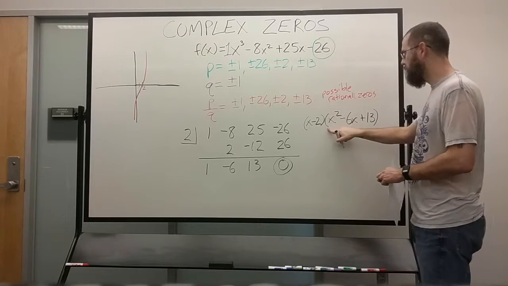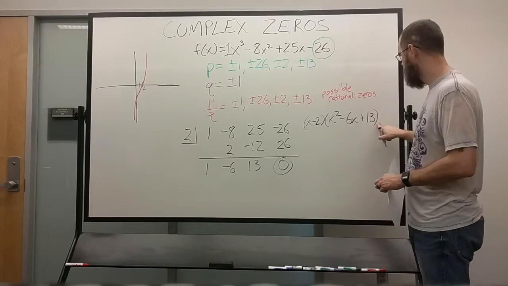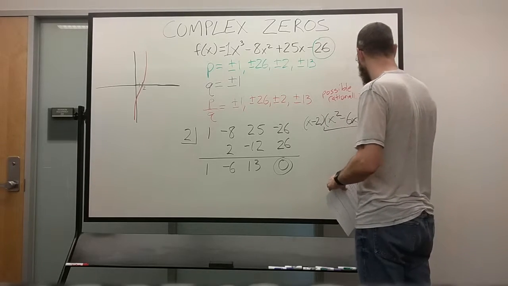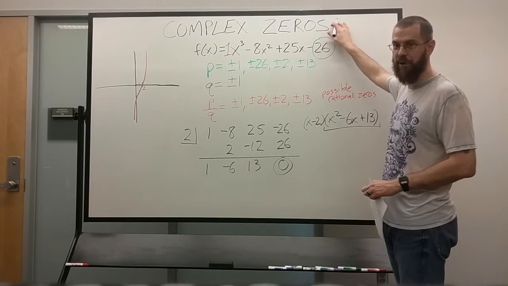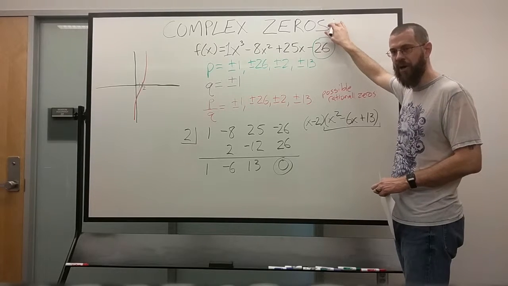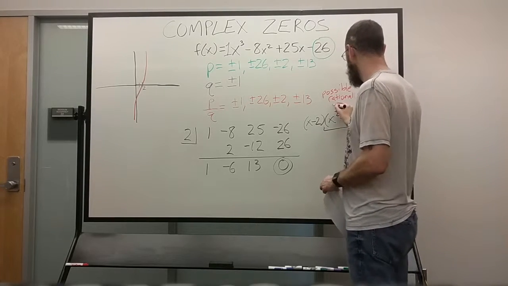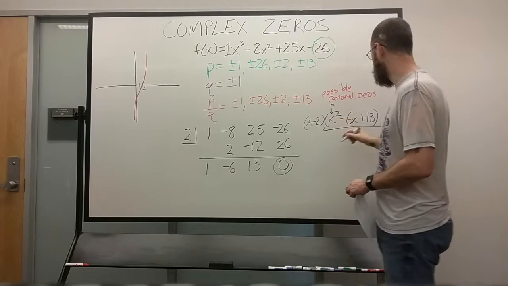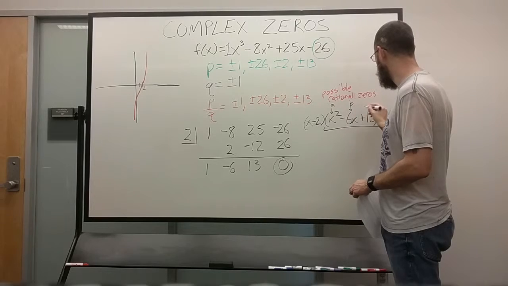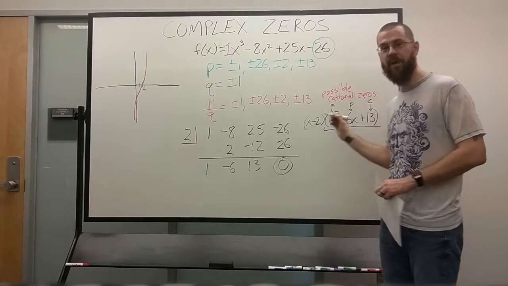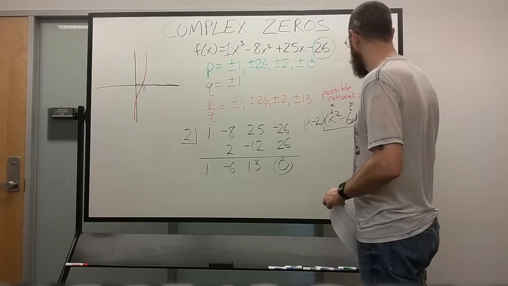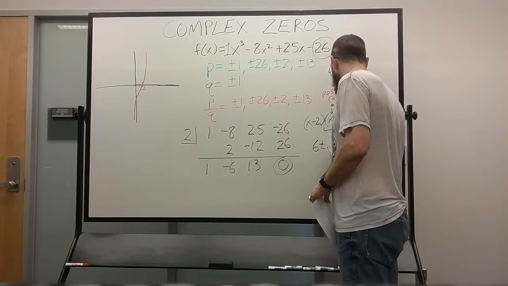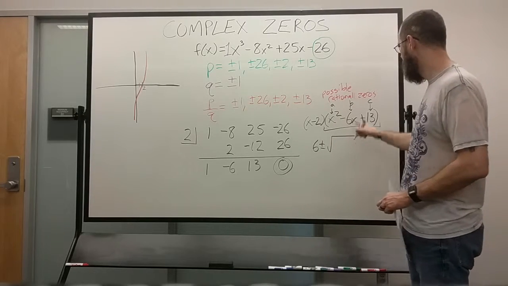So now we need to factor this part in order to find the complex zeros. We're going to do this using the quadratic formula. So as always, a is 1, the coefficient of x squared, b will be minus 6, and c will be positive 13. So I take minus b, which will be 6, plus or minus the square root of b squared,